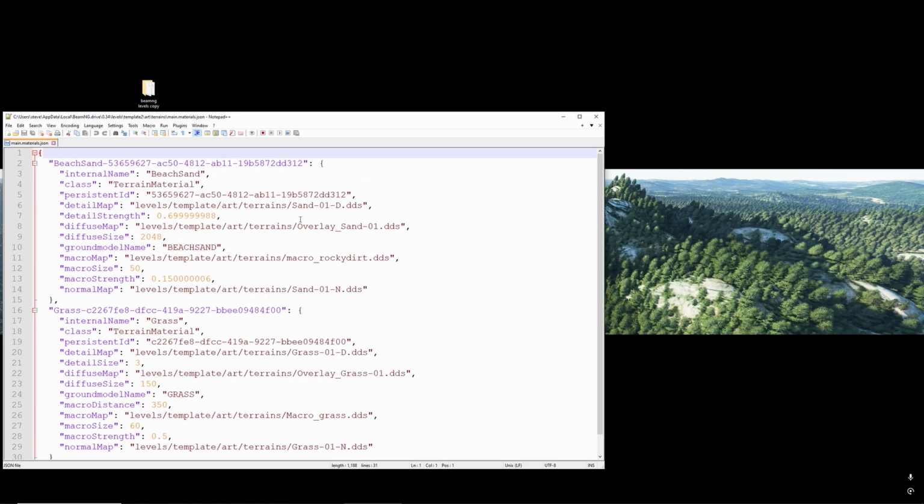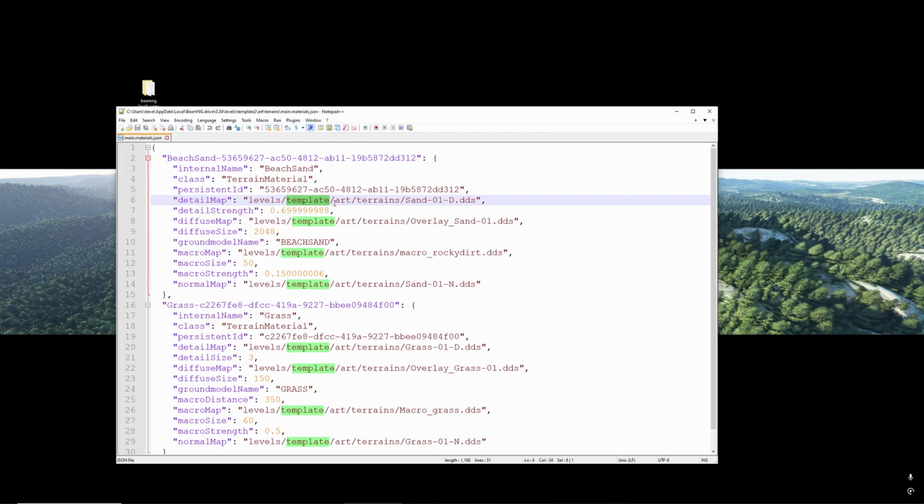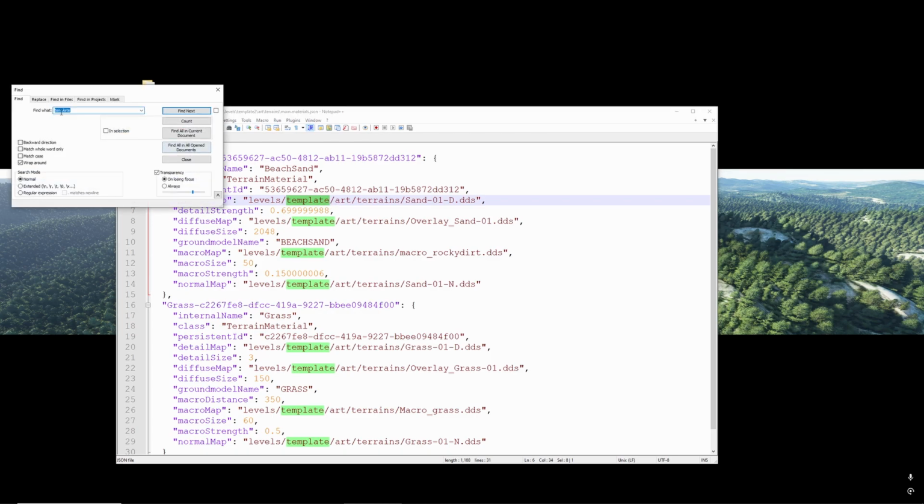Terrains. Let me go in here. I guess I could just leave that as it. That's not going to break anything. Beach sand is here. I'll just change it. It's okay. Control F. Replace everything that says template with template 2. Just make sure that there's no materials with that name in it. So I'm going to do replace all, save it,